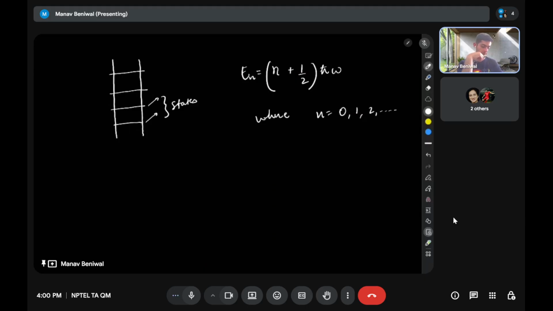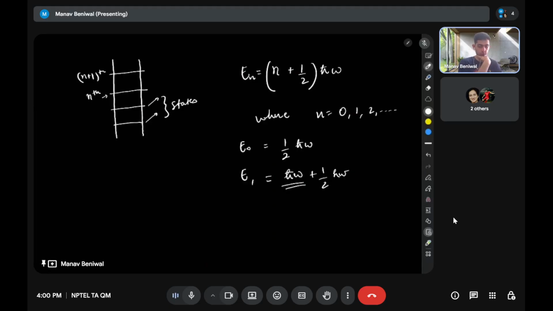Which means E0 will be just half h cut omega. For E1, we add h cut omega to this, and then we go on adding this h cut omega term again and again. So if you want to go from any state, let's say this is your nth state, to the n plus 1 state,